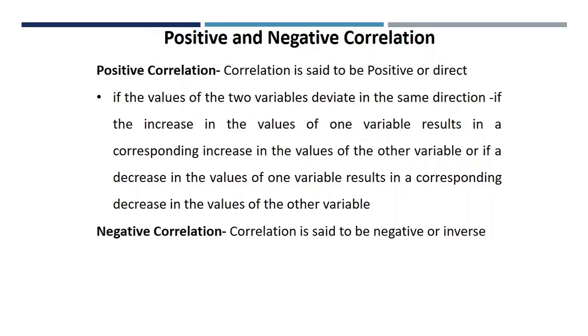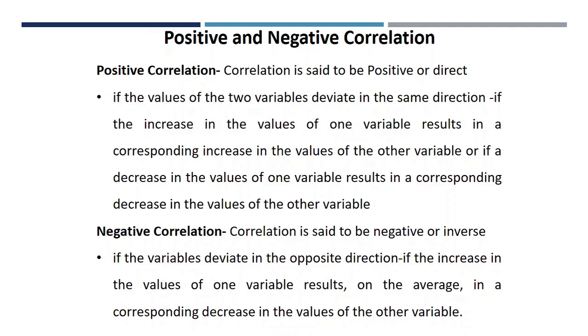Negative correlation. A correlation is said to be negative or inverse if the variables deviate in the opposite direction. That is, if the increase in the value of one variable results in a corresponding decrease in the values of the other variable, or if the decrease in the value of one variable results in an increase in the value of the other variable. For example,